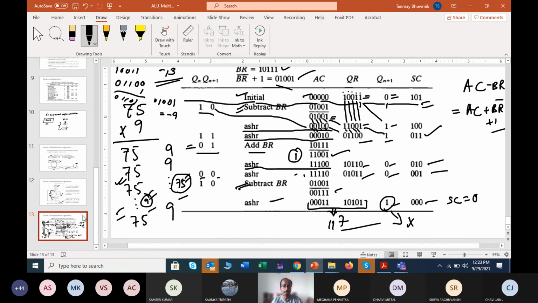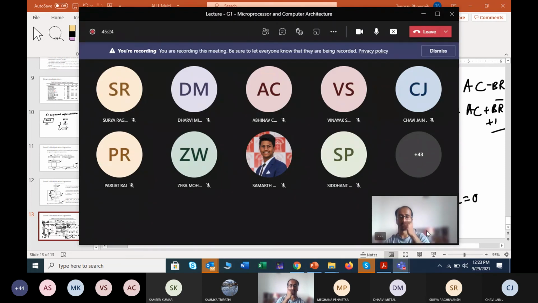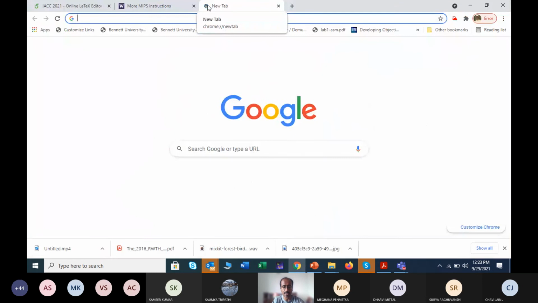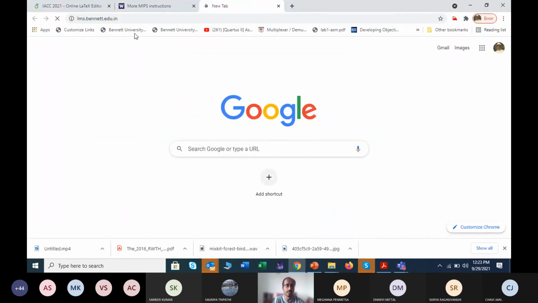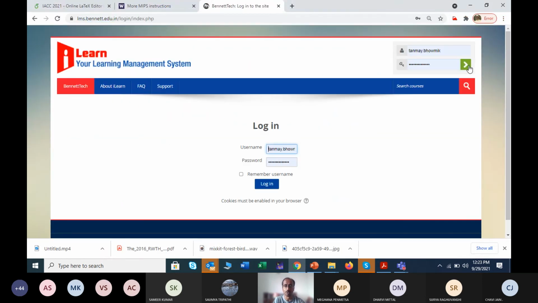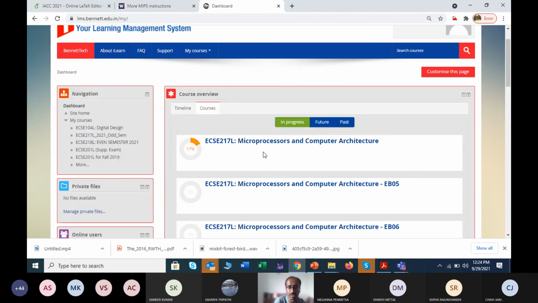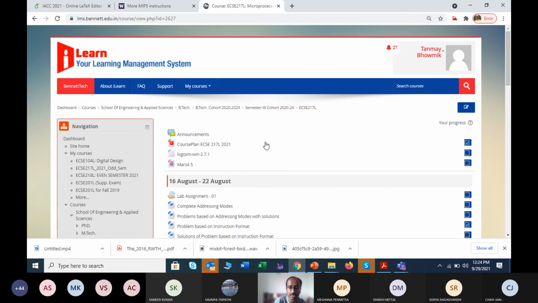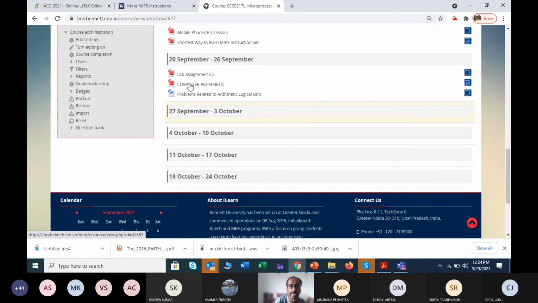Okay, so I think I've covered most of the important parts of Booth's algorithm with one example. And if you open the LMS, I'm not sure whether you have seen it or not, Ishan sir uploaded one very good material regarding this arithmetic. Lots of numerical problems are there, so you can try to solve these problems. If you face any difficulties, or any problem is creating disturbance, then you can obviously communicate to us. Yes, the computer arithmetic material has been uploaded already.